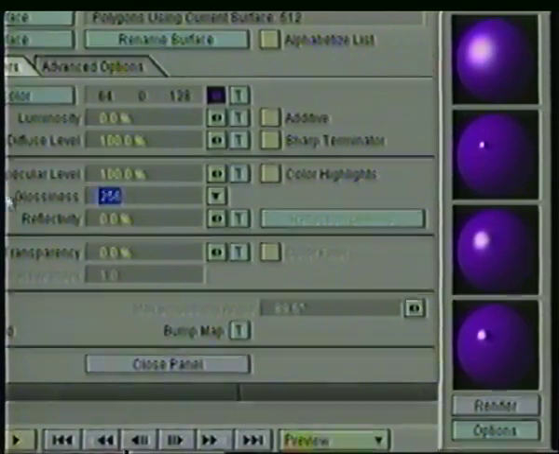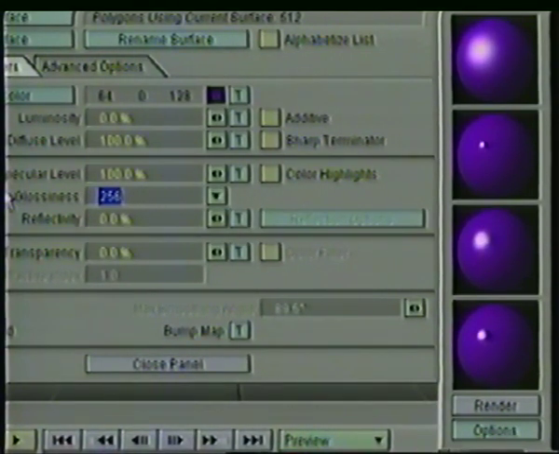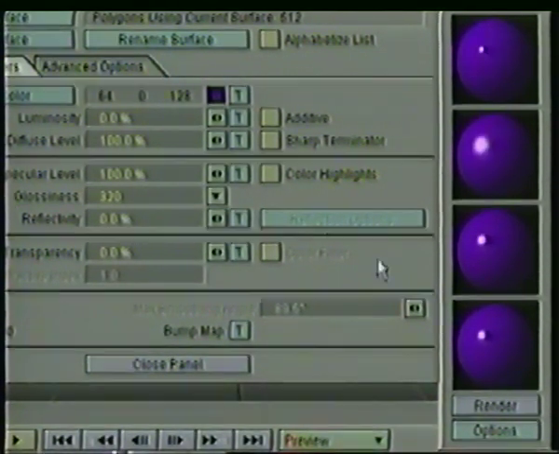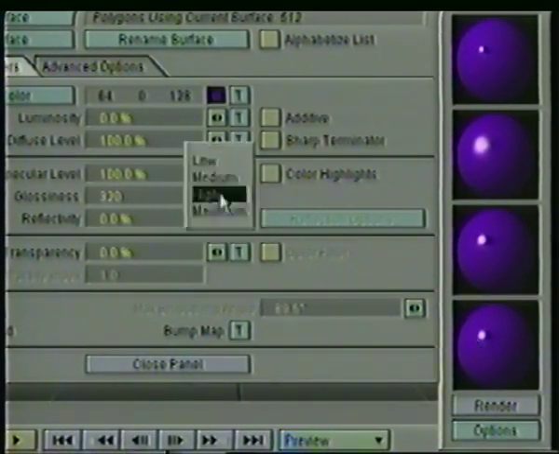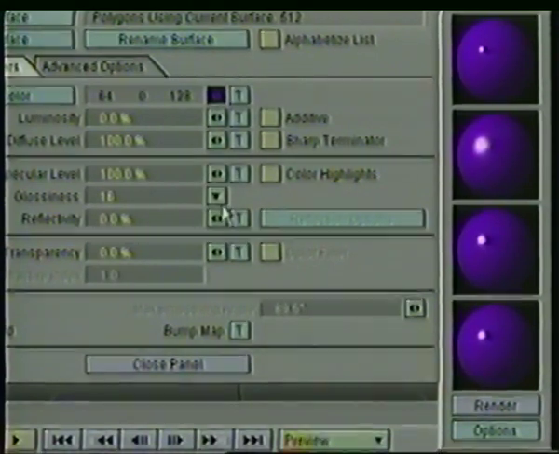And again, you can input your own values. So let's say you maybe wanted 320. You just enter that in, and you'll get some varying degree of shininess there. Now this works in conjunction with specular level. So if we set this back down to low,